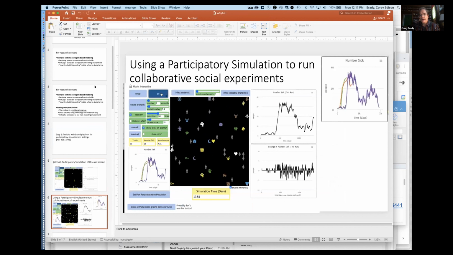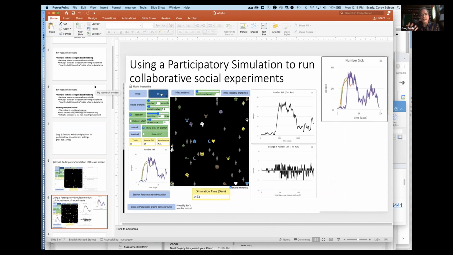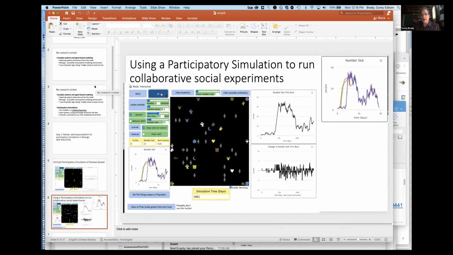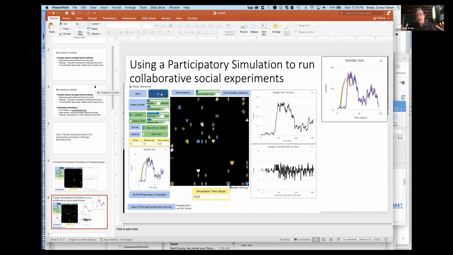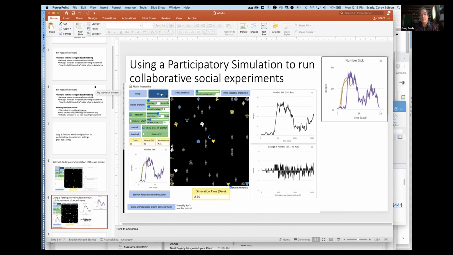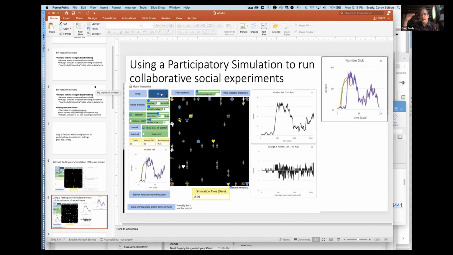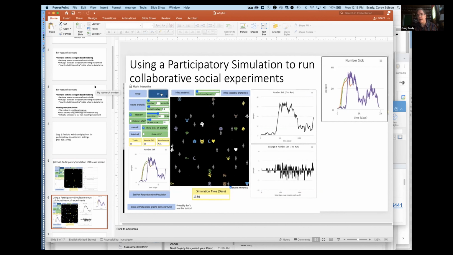So there's a bunch of reasoning about the spread of disease that can happen by being the population that gets it. But what really starts to lead to unique experiences is that the group can use themselves as the basis for an experiment. Here is the end of a session where a group first experimented with what would be different if it wasn't symptomatic. You couldn't tell whether the other people were sick, for example, or if you could recover. So we got to a point where we had a disease that was in the population at a stable level,